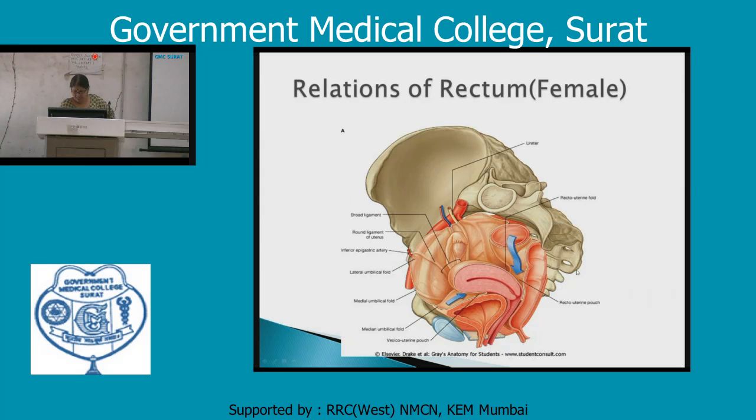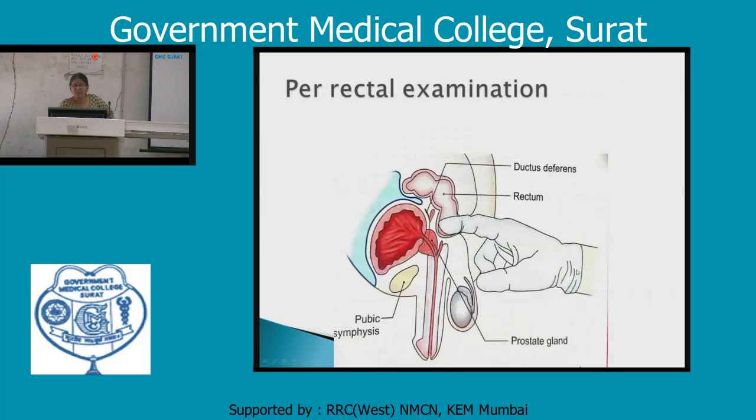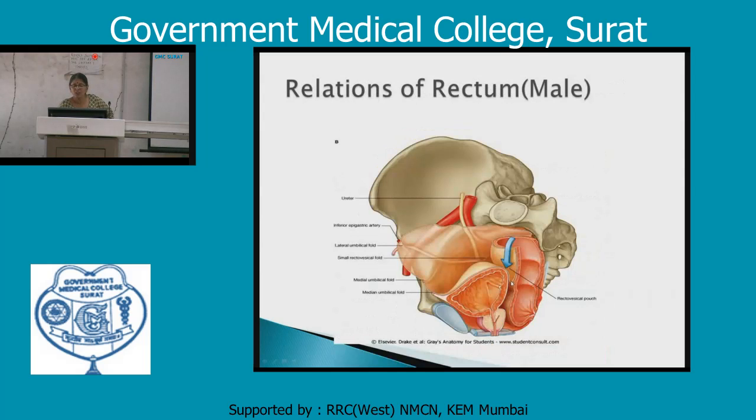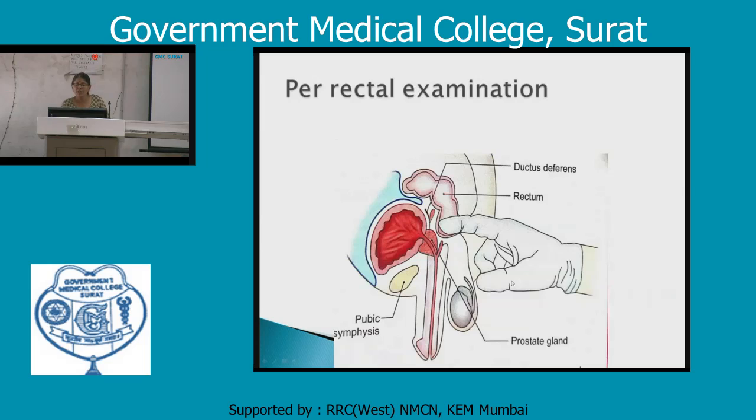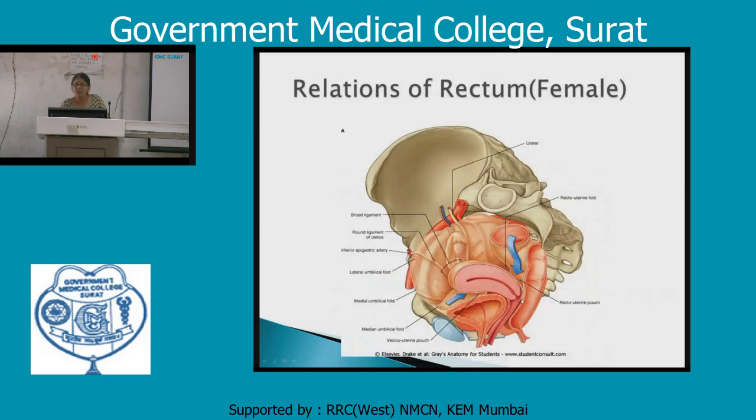And this recto-uterine pouch is deeper than the rectovesical pouch. You can see here again, the rectovesical pouch went up to here. The apex of the rectovesical pouch was 7.5 centimeters from the anus, while the lower extent of the recto-uterine pouch is 5.5 centimeters from the anus. So it is deeper. And the lower part of the rectum anteriorly in the female is related to the vagina.